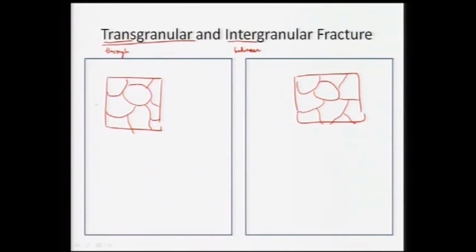So, once a crack is propagating, it can propagate like this from this end to this end, and eventually we have a fracture. The movement of the crack from one end to the other end is through the grains, and at room temperature the strength of the grain boundary is much stronger than the grain. So, grain boundary is much stronger than the grain.